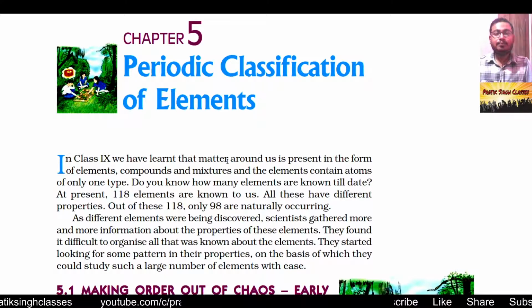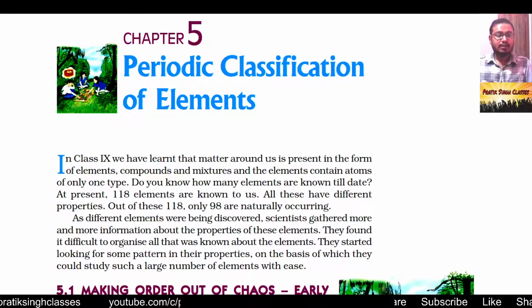About the periodic table, you must know that it is the arrangement of elements according to the atomic number. Till now we have 118 elements known, of which up to 93 are known on the earth, and after 94 we have the elements which are man-made or artificial elements. How those are made we will discuss at the end of this chapter.